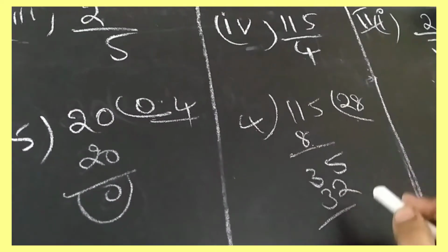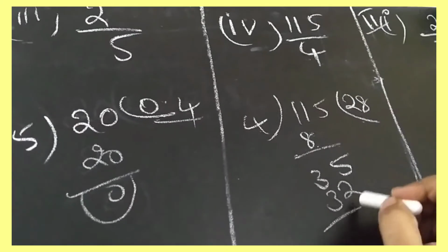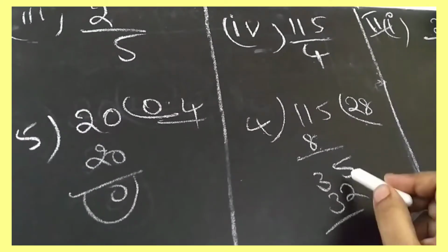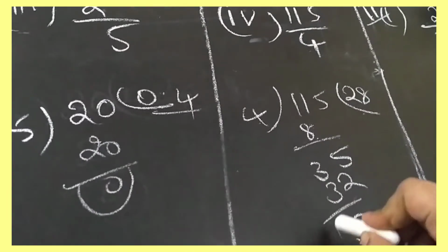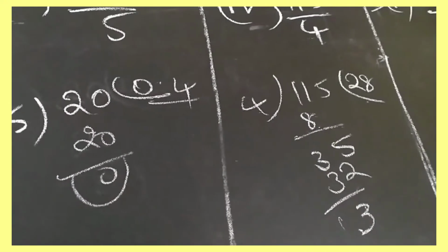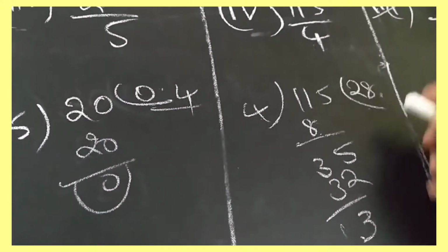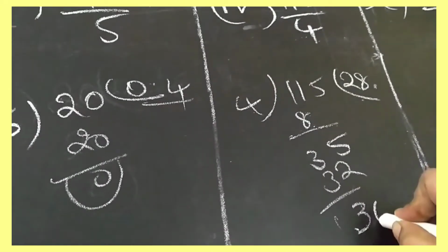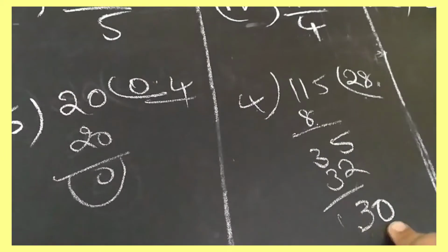Okay, 32 minus 35 is, it is 5 minus 2 we can do. It is easy for you if you do 5 minus 2. It is 5 minus 2 is here 3. 3 minus 3 is 0. So we are taking here 3. No need to take here 0. So 4. Again I'm keeping here 1 point and I'm writing these 3 as 30. So we are making these 3 as 30.